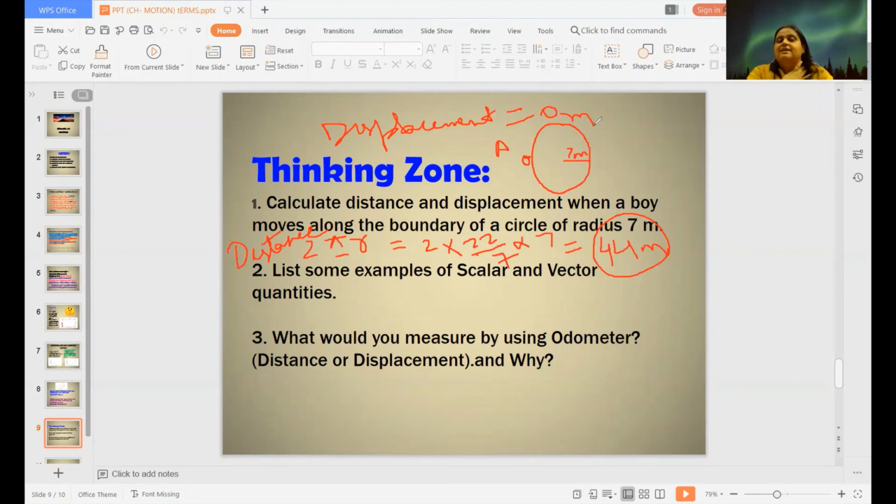Let's see some examples of scalar and vector quantity. Scalar quantity, like we can say, time. Time is also a scalar quantity. Suppose you are going from home to school, say you take 4 hours for that, and then when you come back from school in the evening, the time doesn't go in reverse order. It keeps going the same way, right? Time is scalar because it doesn't depend on direction. It just depends on the magnitude. Vector quantity, say displacement is an example. Force is also an example. Acceleration is an example. Velocity is an example.